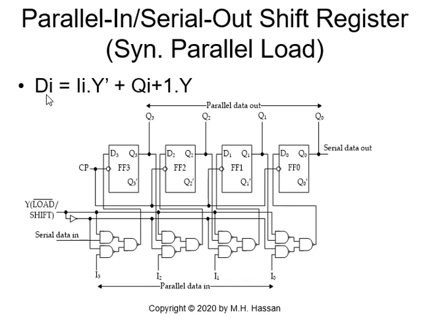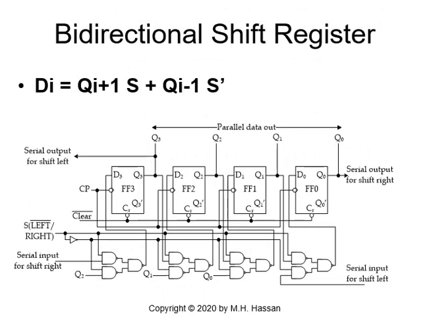Okay, so this is the parallel and serial out shift register with synchronous parallel load. The synchronous parallel load is very simple. The load is uploaded, synchronized by the clock cycle, when we are not using the preset and clear. Now, the bidirectional shift register: the data could be shifted with a control signal S, from